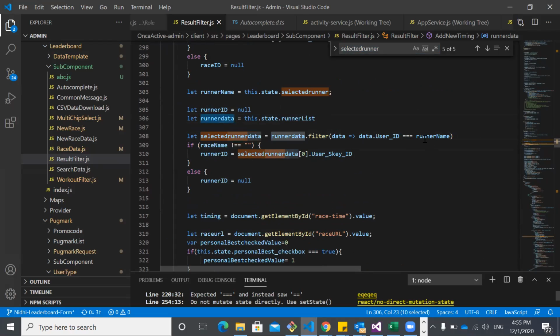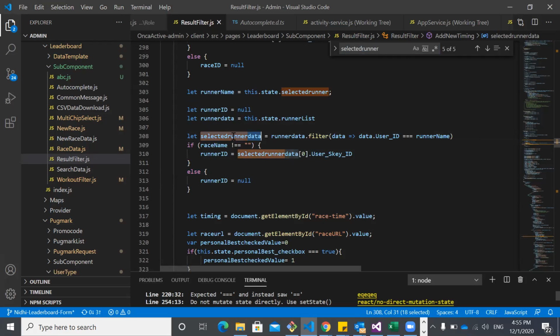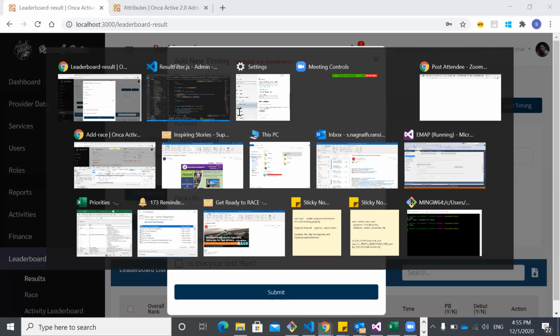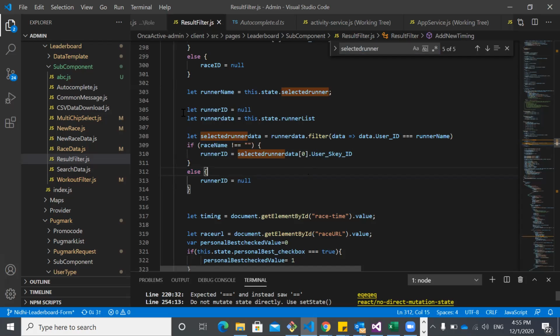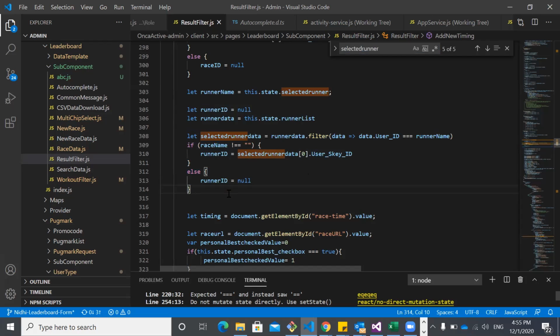From runner data, we are filtering if the selected value is in the selected runner data, and for that we are taking the user ID, because at the backend when I'm submitting data, I'm not sending the runner's name, I'm sending the runner's ID. So the entire logic building happens over here. From the name we can find out which ID is tagged to a particular user. That also we can do.